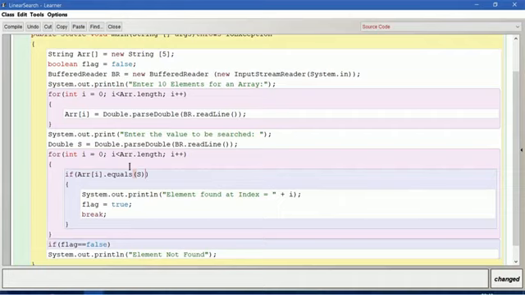If we need to ignore the case, we can give equalsIgnoreCase of. And then here we will not have all these. So we have only br.readLine() to take the input, and the searching element is also a string.